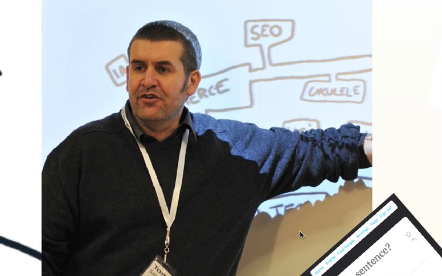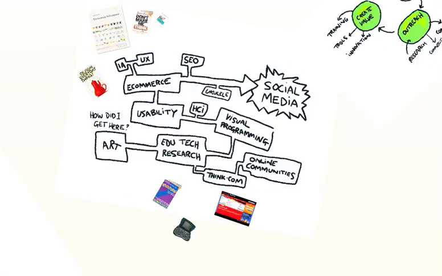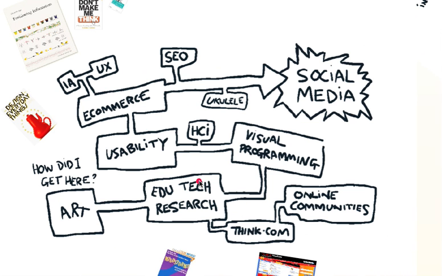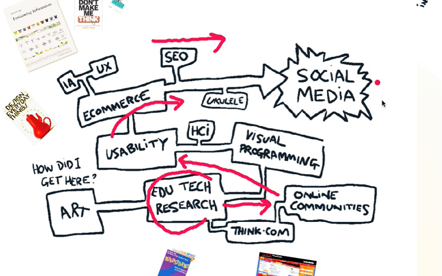Here I am doing the talk to you right now, and this is how I got here. I started in educational research, doing lots of online community things and lots of innovative stuff in that area, and then became really interested in HCI and usability, moving later into more e-commerce things, building some really usable, lovely shops that nobody visited. So that made me want to get into SEO, and now the online community stuff and the usability are all feeding into doing social media.